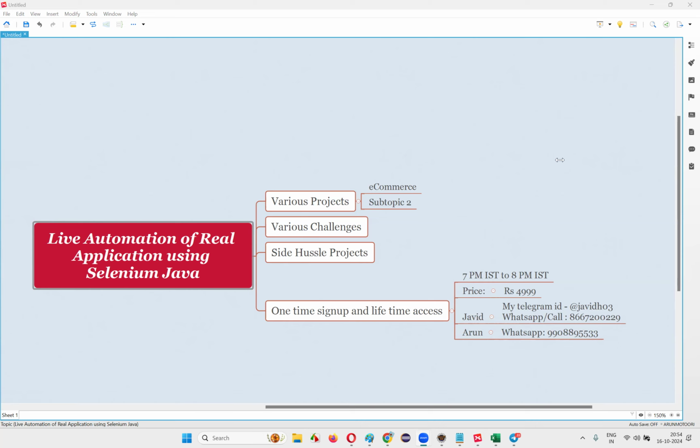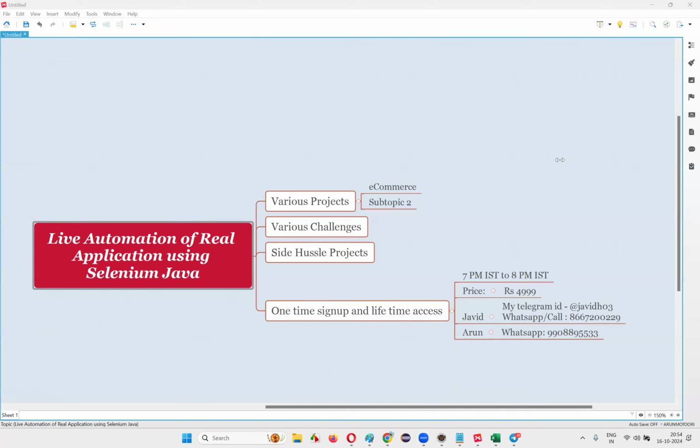I have two plans. I just want to ask you guys, what if I move it to 7:30 p.m.? Okay, 7 p.m. or 7:30 p.m. If you want it at 7:30 p.m., I'll take it from 7:30 to 8:30, and the next session training will be for other people, from 8:30 to 9:30. That's one plan I have. So what do you say, guys? Do you want it at 7 p.m. or 7:30 p.m.? You have to let me know what time you want.